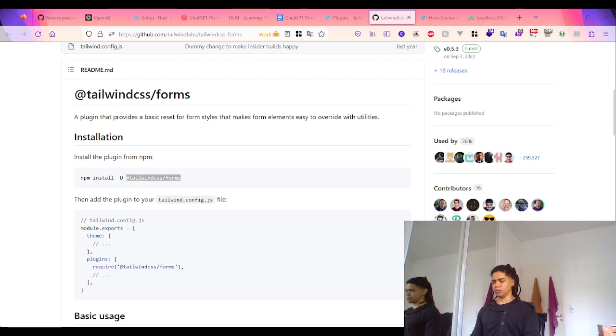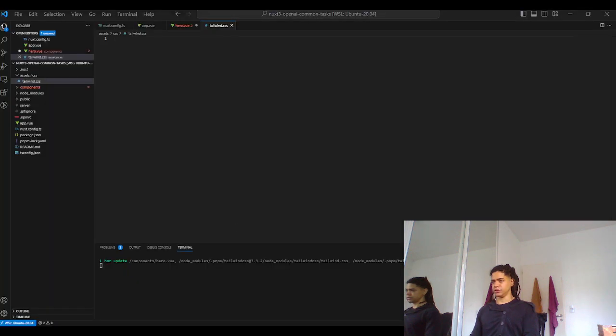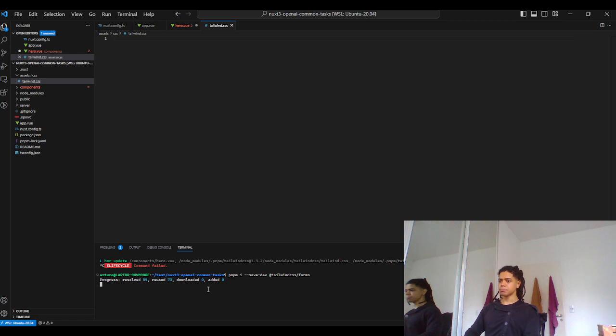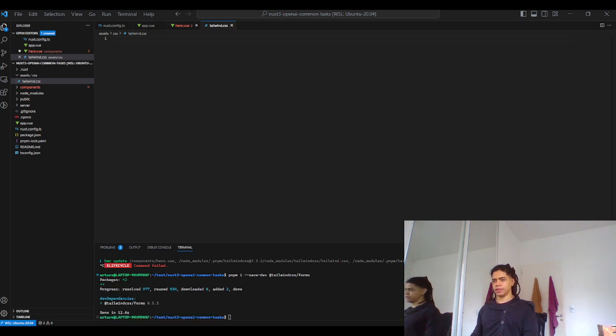So let me go back to the Tailwind here, because now it's this. Okay, stop this dev server, import that using pnpm install, save dev. It's a dev dependency. Okay, and then